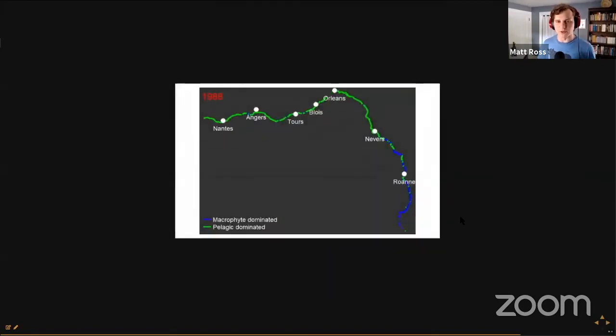And then really cool, we can show that basically the reason that is that macrophytes, which used to be stuck in the upper watershed, oh no, it's not playing. That's a GIF. Oh well. Imagine this GIF shifting where the blue in the bottom crawls upstream. So macrophytes are essentially crawling downstream and choking off sediment and chlorophyll A. And so even though the primary productivity in the system is the same, it's actually shifted from being basically mostly pelagic algae to macrophyte dominated.